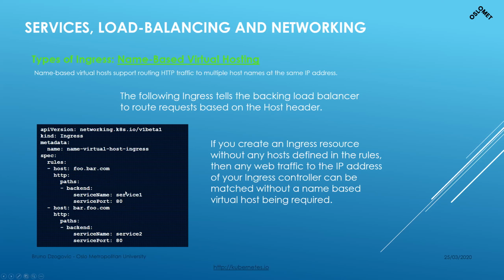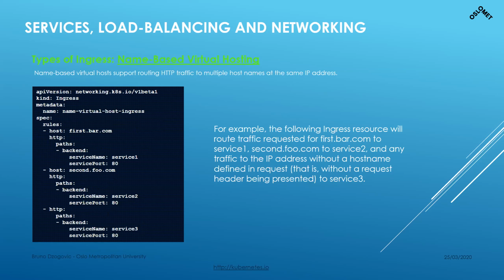If you have one service and a second service, you have two different websites running on the same IP address, both on port 80. That's amazing. You just use a different name to distinguish between them. If the name foobar.com is requested, then it accesses the first website. Otherwise, it will access the second website. So this is how ingress works, and this is usually done with Nginx. There are other applications. I will show you a couple of examples also with Docker, and I will give you a document for this in PDF form so you can try it yourself.